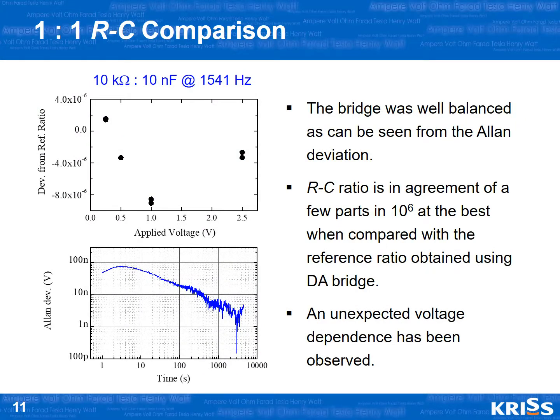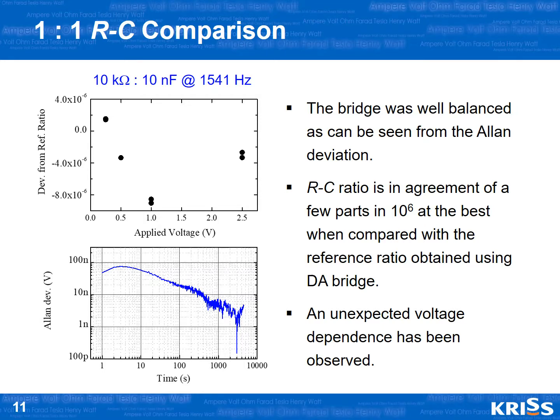Finally, here are the comparison results between the 10 kilo ohm resistance and 10 nanofarad capacitance standards. The measured ratio of the resistance to the capacitance is in agreement of a few parts in 10 to the 6 at the best when compared to the reference ratio that was traced from the other chain. The Allan deviation shows that the residual voltage goes below 10 nanovolt after about 300 seconds at the applied voltage of